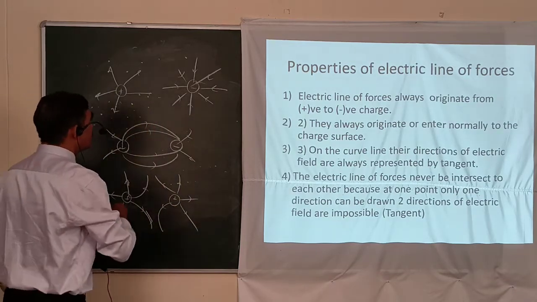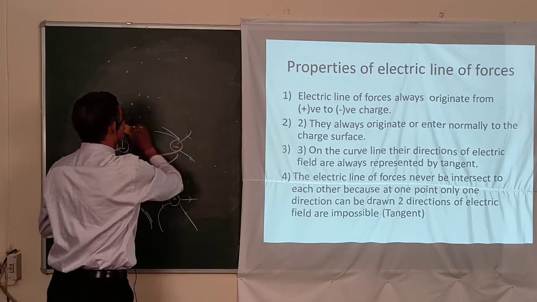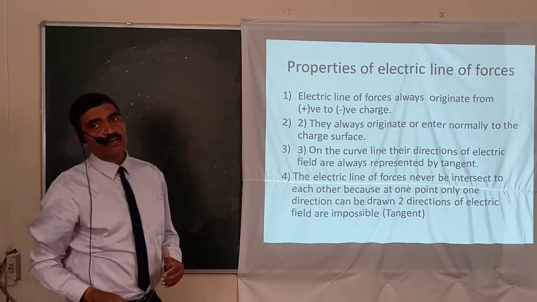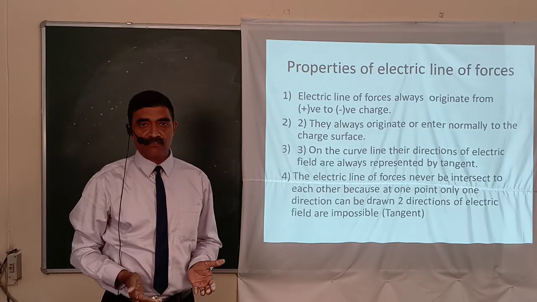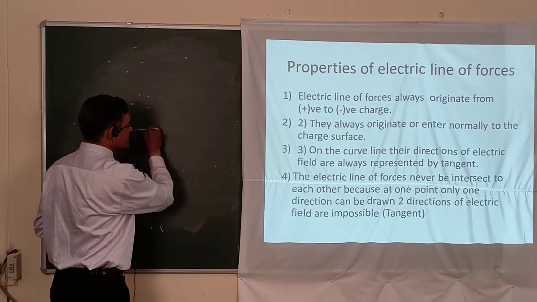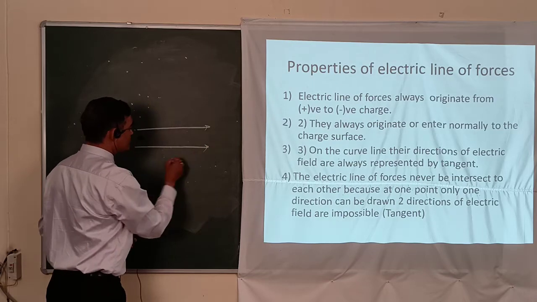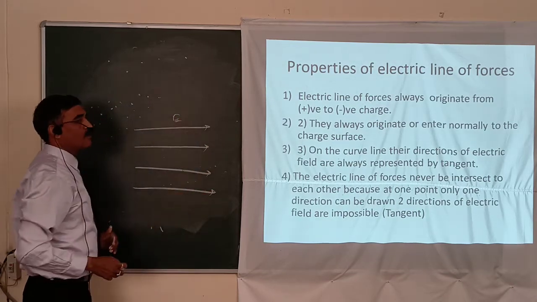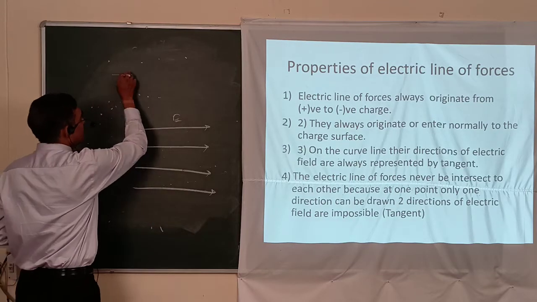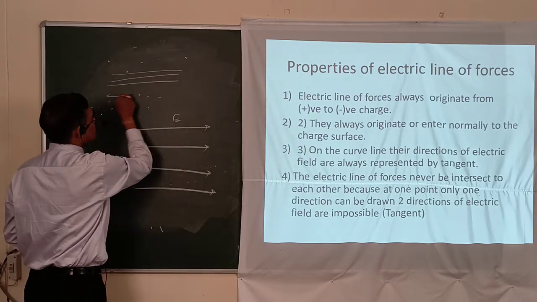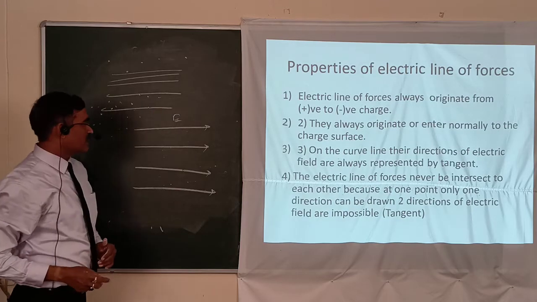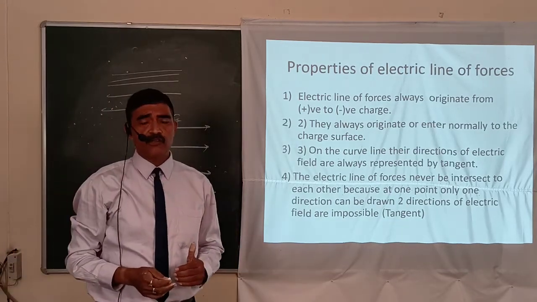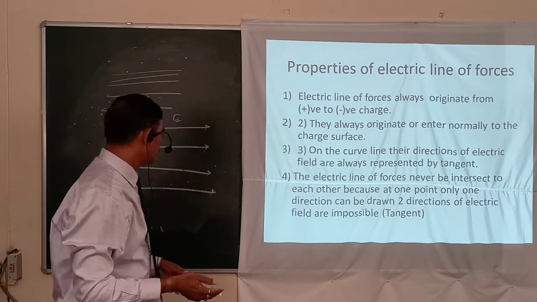Now one more thing, how we will represent the uniform electric field. Uniform electric field means the magnitude of electric field is same everywhere. So this is represented by equi-spaced parallel lines. This represents the uniform electric field, and this is not uniform, so this is a non-uniform electric field. In this space, the magnitude of the electric field is same everywhere.